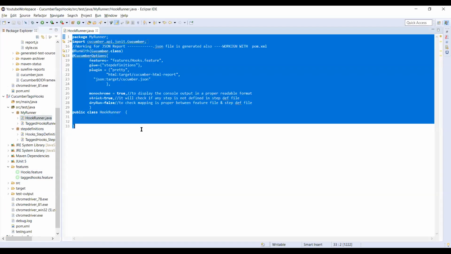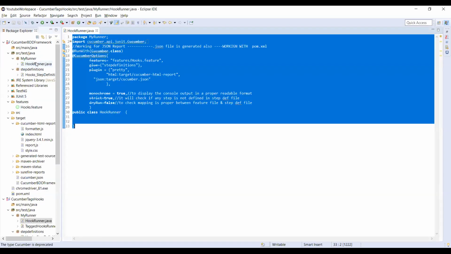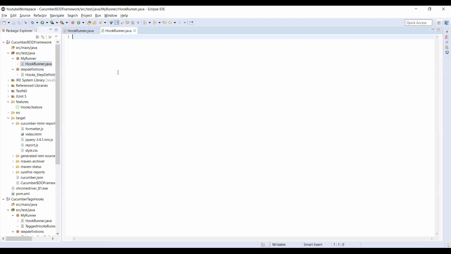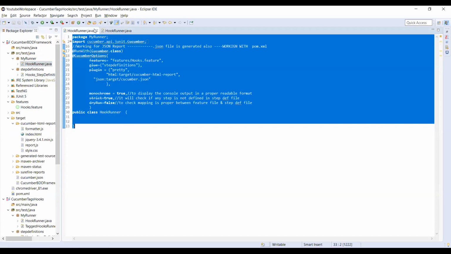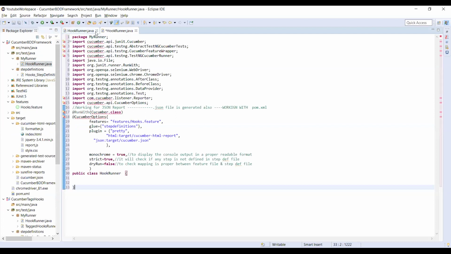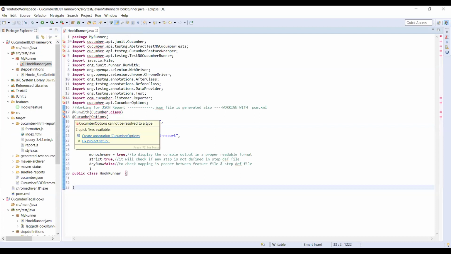Basically, this is one of my earlier projects. Here you can see this is my runner file, and in this we have two annotations.